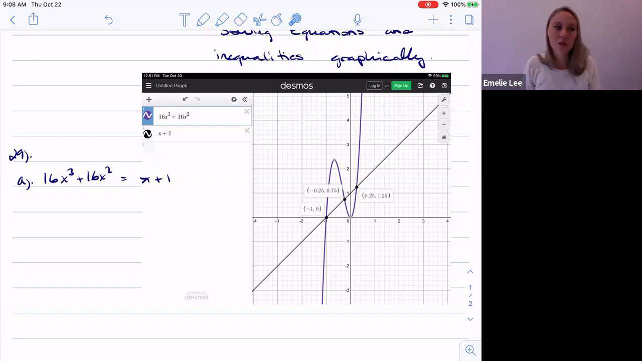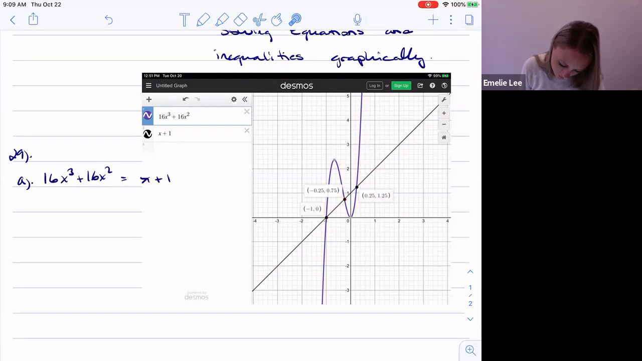So knowing the shape of x to the power of 3, we know it's going to behave like this. Because it's not just x to the power of 3, it'll have some activity here in the middle, but the end behavior is really important to know. And then we have x plus 1, which is just a linear equation. The highest power of x is 1. So here we've got the straight line, and if we're looking at where they are equal to each other,